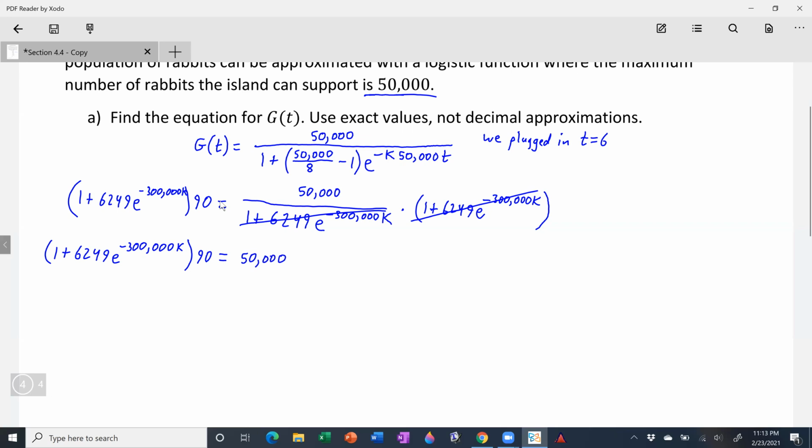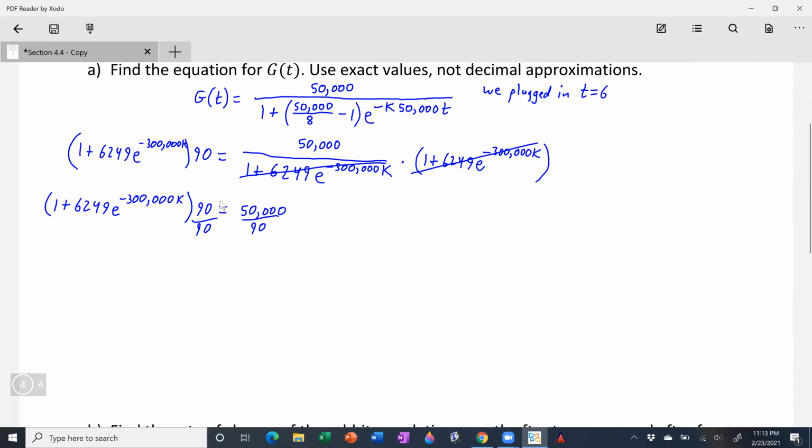Okay, and then like I said, I didn't want to distribute that 90 in there because what we can do is we can actually divide both sides by the 90. So when we divide both sides by the 90, remember we're trying to get k by itself, so now I'm just doing step by step to remove things from the k. So 50,000 divided by 90,